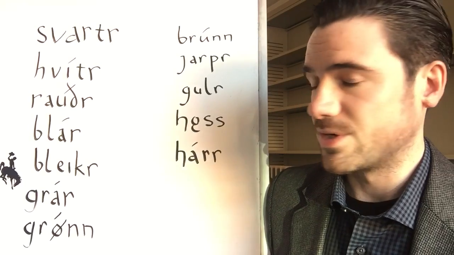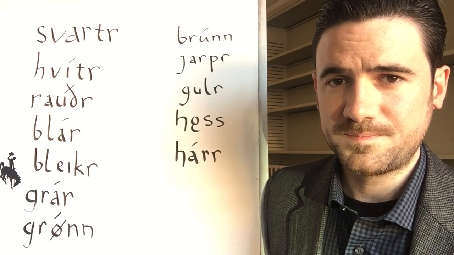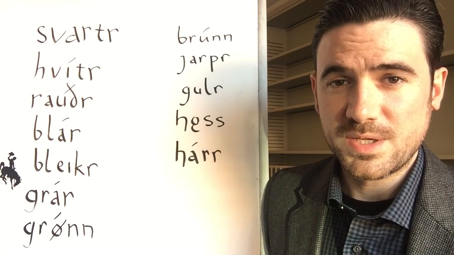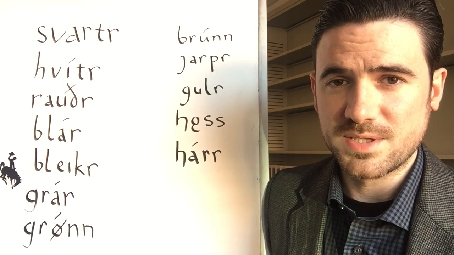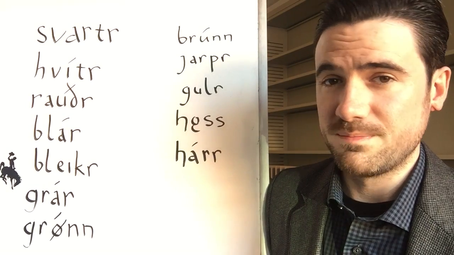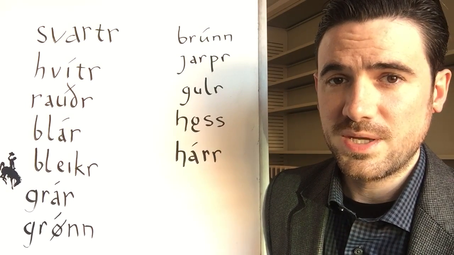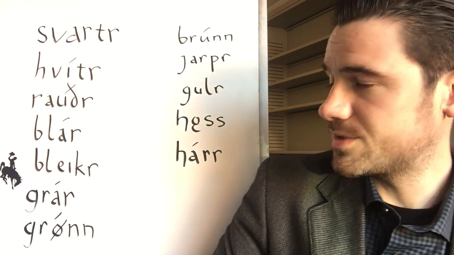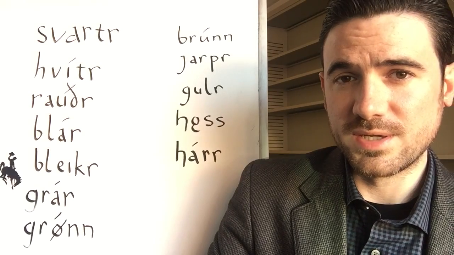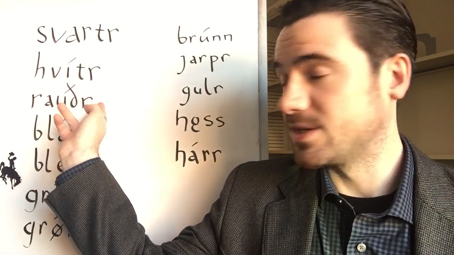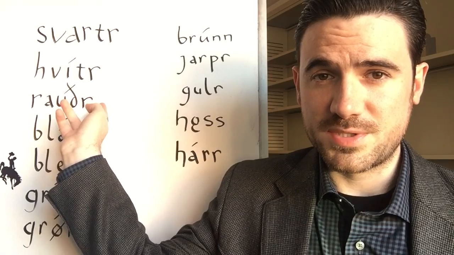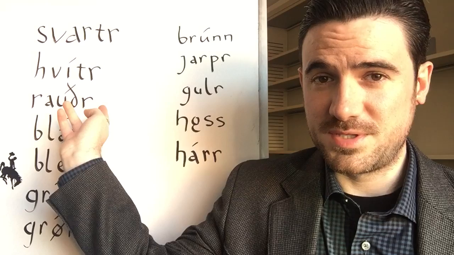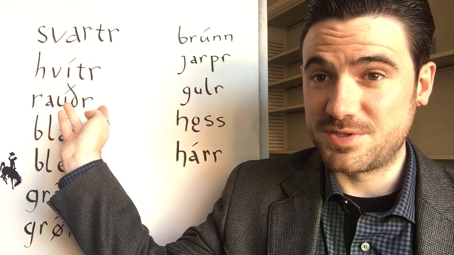These basic terms are the ones that are most used in Old Norse, and are the ones that contrast with each other the most. In literature, the colors that are contrasted most tend to be the most basic, and they tend to have the most symbolic value, all of which speaks to high psychological salience or importance in the language. There are some differences from how we use color in English today. One of the most notable things is that the color term that occurs the most in the Old Norse corpus is rauður. About 1/3 of all descriptions of things in terms of color in Old Norse are red.